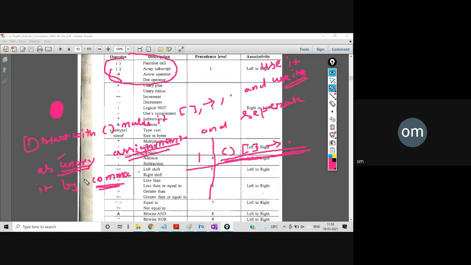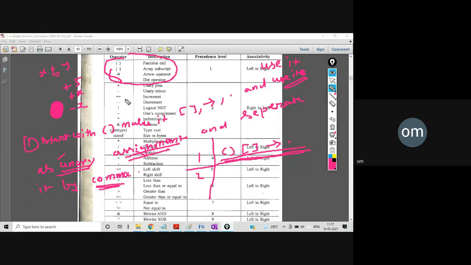So I underline unary. That means the next ones coming are all the unary operators, second level precedence. Remember, the operator which operates on a single operand is called a unary operator. For example, x plus y is a binary operator operating on two numbers. But if I simply write plus 5, or plus x, this is operating on one single operand. That's why this is unary plus. Similarly, if I write minus x, this is unary minus.